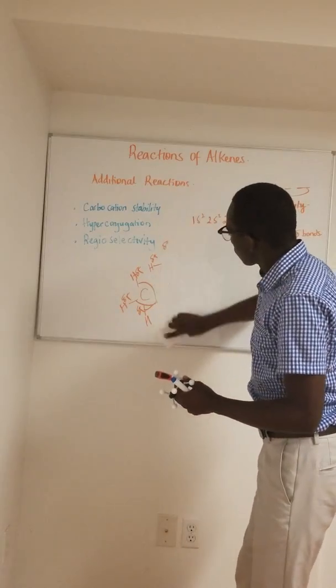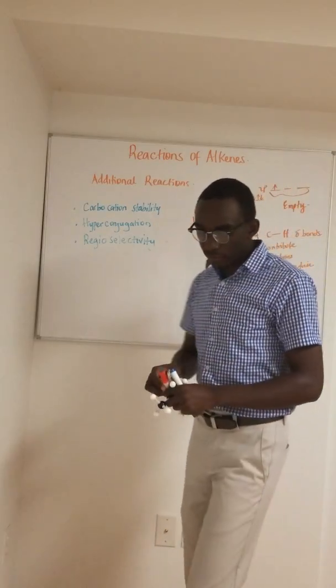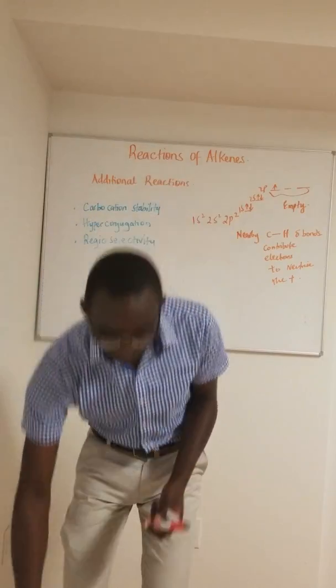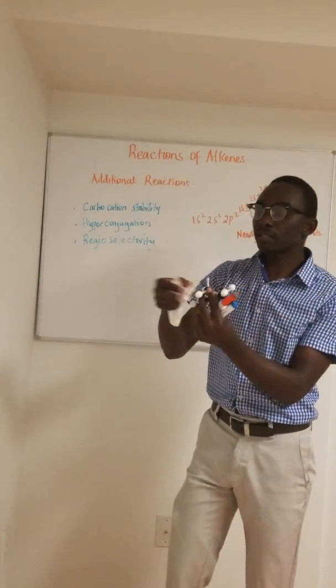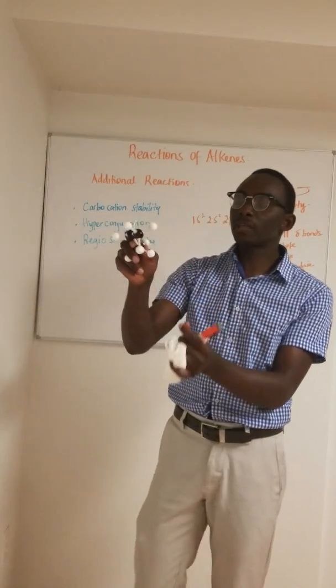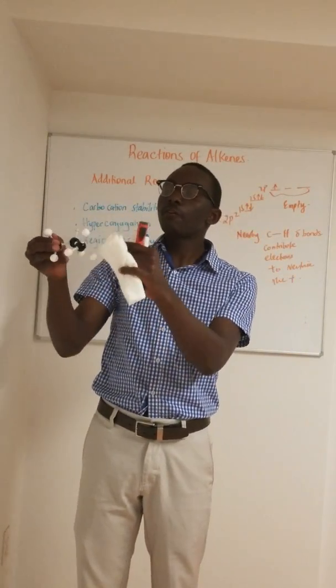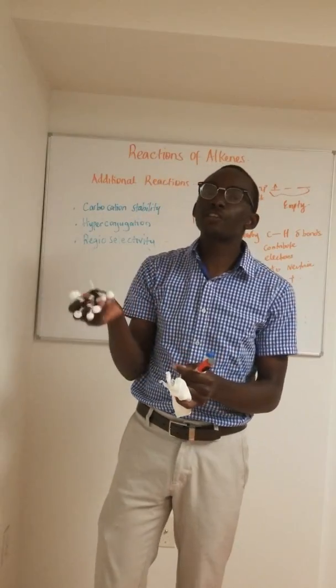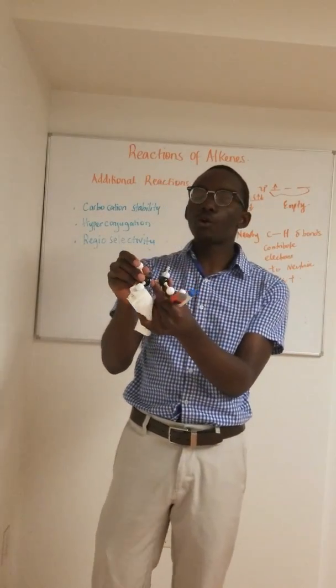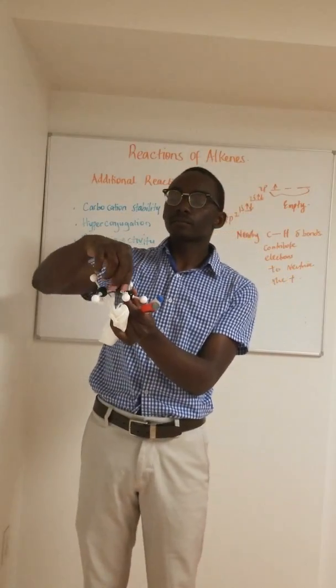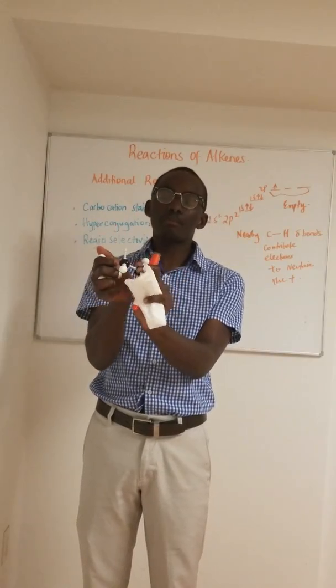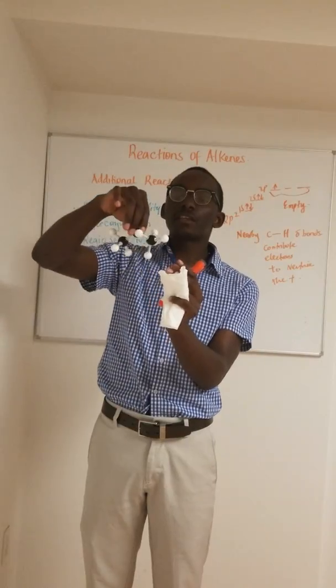So, to illustrate this with a secondary carbocation, this is my secondary carbocation. It's still the same concept, except that this one has 1, 2, 3, 4, 5, 6 carbon to hydrogen sigma bonds, and these sigma bonds are going to contribute to this carbocation so that they lessen the burden. So they're going to share the burden. They're going to share the positive charge. So all these will become partially positive, except this one, but the rest will be partially positive, hence stabilizing this